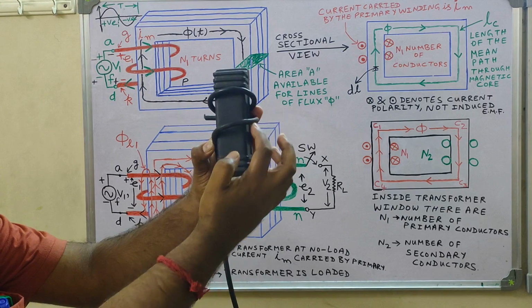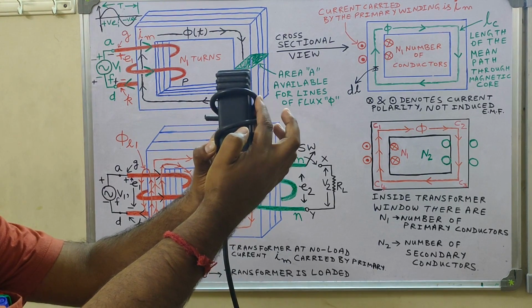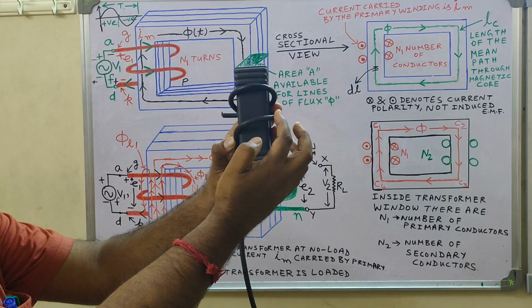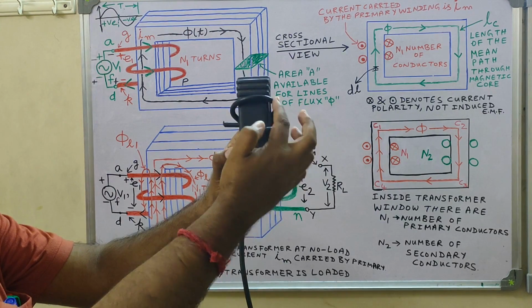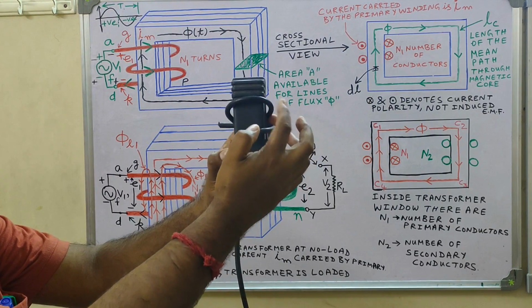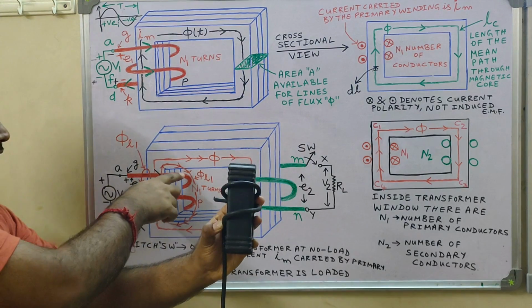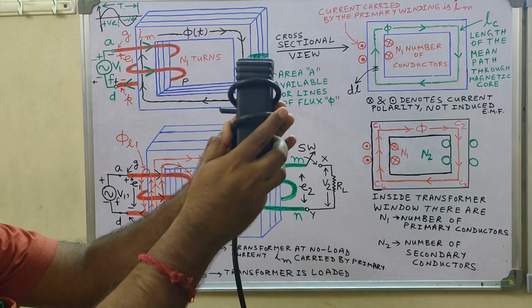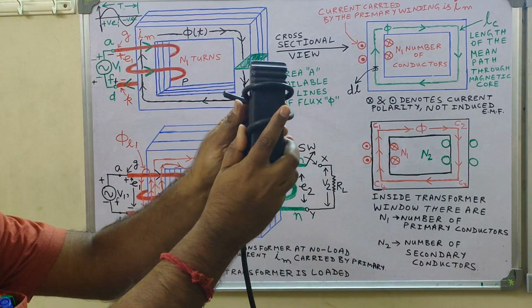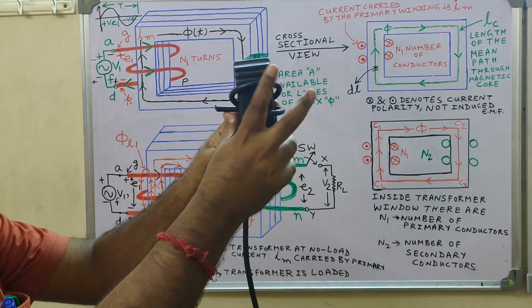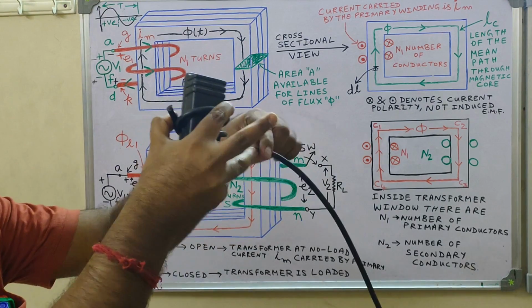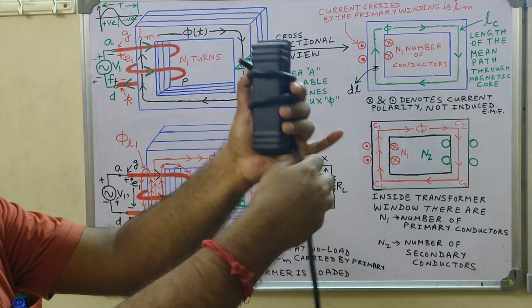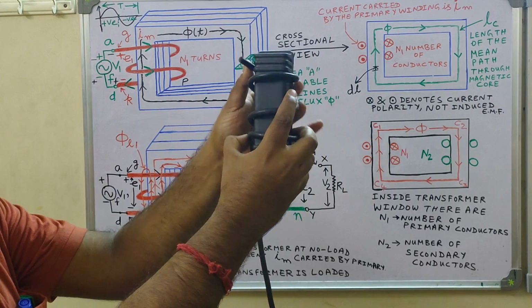So now how many circles will you see? You will see one circle here and one circle here. That means you are getting two conductors beside the limb. Here also we will get two conductors beside the limb, because it has two turns. Likewise, if I place one more turn, like this,